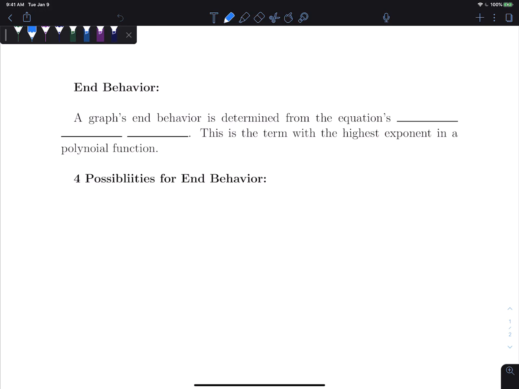Hello. In this video, we're going to look at the end behavior of polynomial functions. So when we say end behavior, we mean what is the function doing as x gets really, really large or really, really small? In other words, is it going up to infinity or down to negative infinity? So a graph's end behavior is determined from the equation's